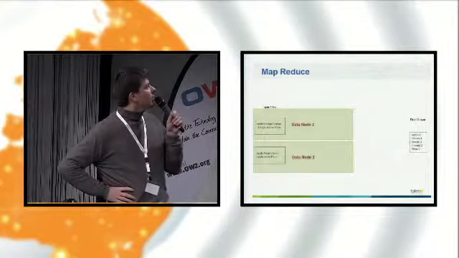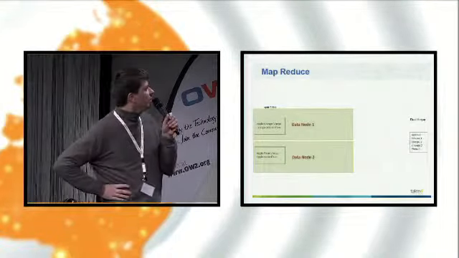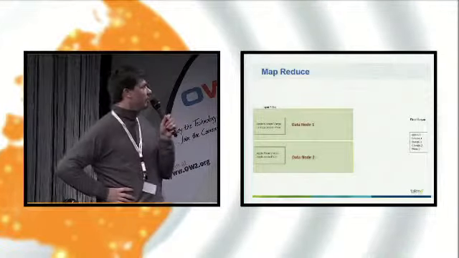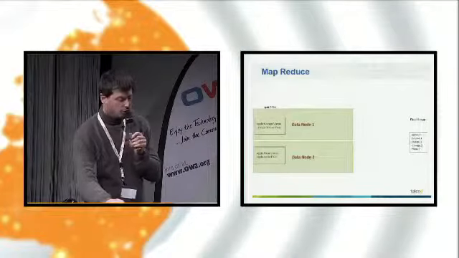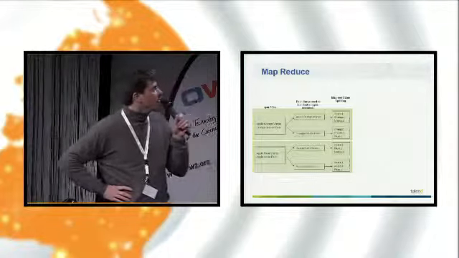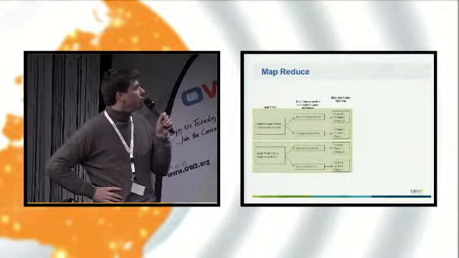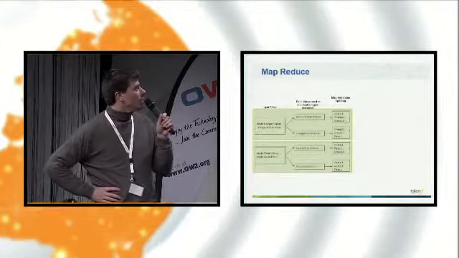So for example, I have only 2 files on 2 servers, 2 data nodes. And each file has 2 lines, and each line has 3 words. So it's a very simple example just to understand how it works. The first step will be to create a map, and the map will tokenize the data. That means you will split your data word by word, and each time you have a word, you will emit